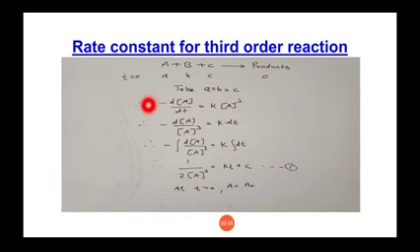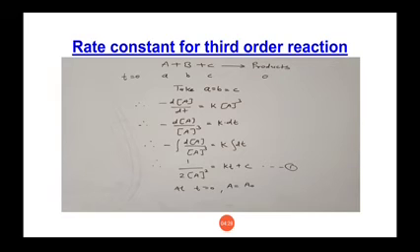So the differential rate law can be written as minus dA by dt is equal to K A raised to 3, because it's a third order reaction, that's why there is a power 3. Now students, you must know what is differential rate law. It is the mathematical expression which shows how rate of reaction depends on concentration. So using that equation we have written this formula.